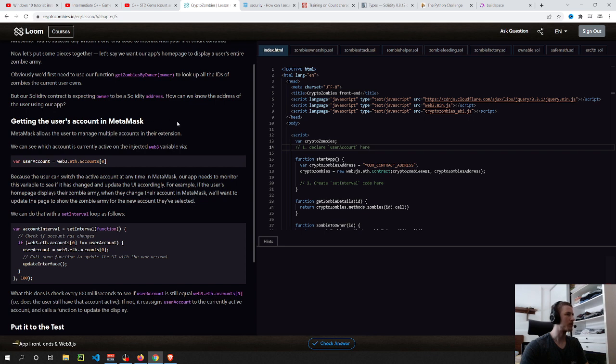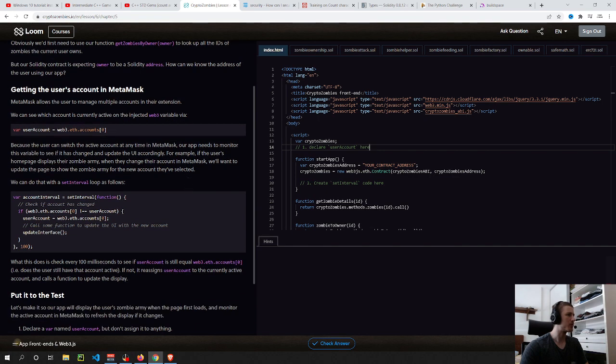But our Solidity contract is expecting owner to be a Solidity address. How can we know the address of the user using our app? Getting the user's account in MetaMask. MetaMask allows the user to manage multiple accounts in their extension. We can see which account is currently active on the injected Web3 variable via